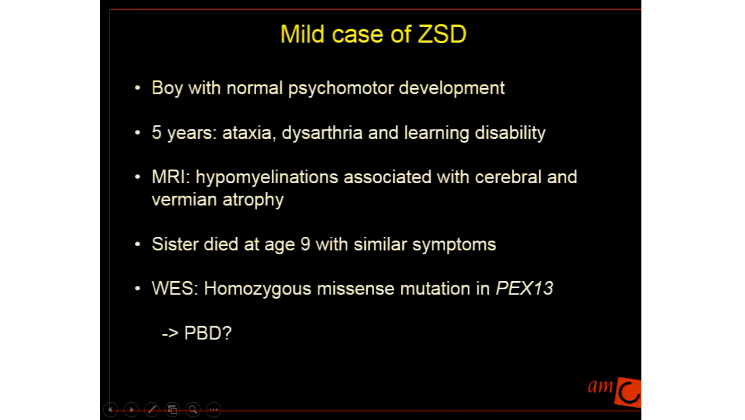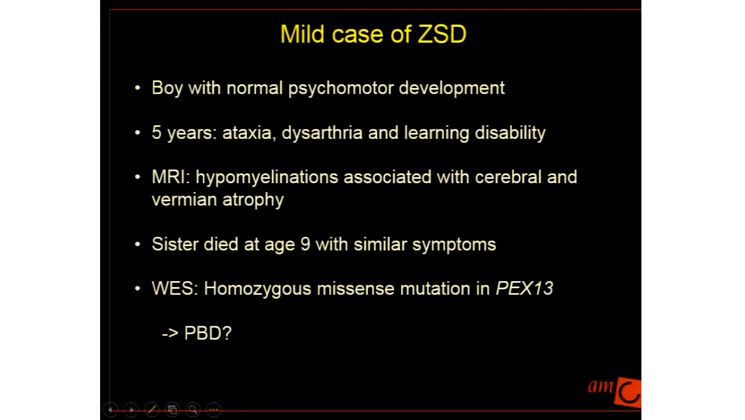Another case which is interesting, given the discussion we had after the former talk, is a boy with a completely normal psychomotor development, but then at 5 years he presented with ataxia, dysarthria, and learning disability, and some MRI problems. The sister died at age 9 with similar symptoms, but had not been diagnosed. And then the people performed whole exome sequencing, and they found a homozygous missense mutation in PEX13,